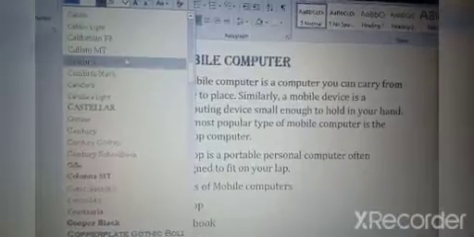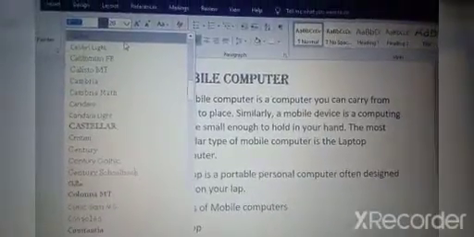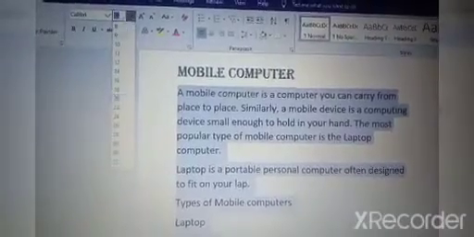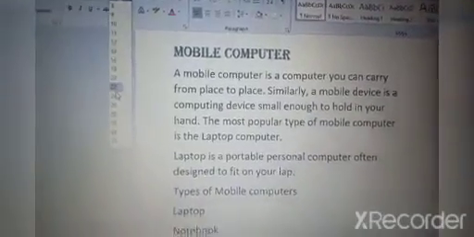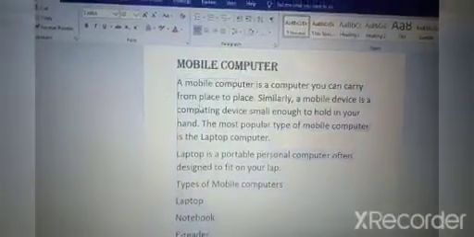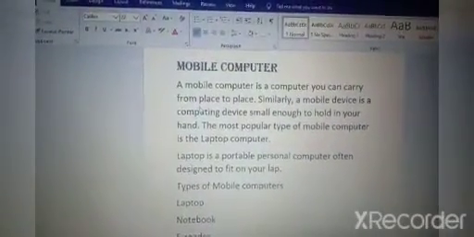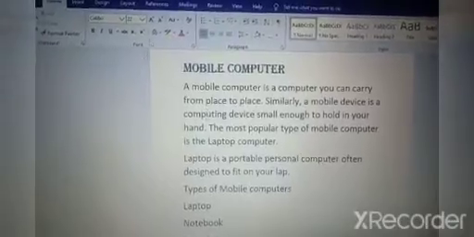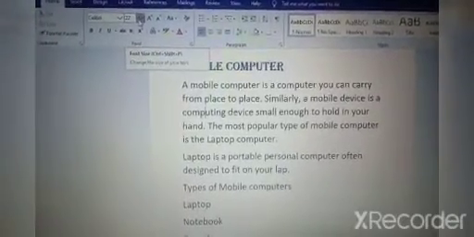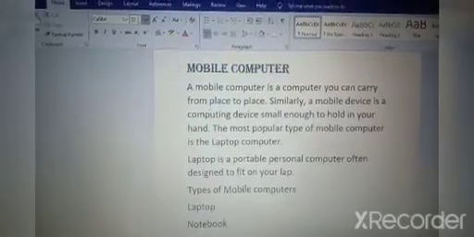Okay, we will take Calibri, this one, and the font size we will take 22. Got it? You can see the changes, right? So this is called changing font style and font size.